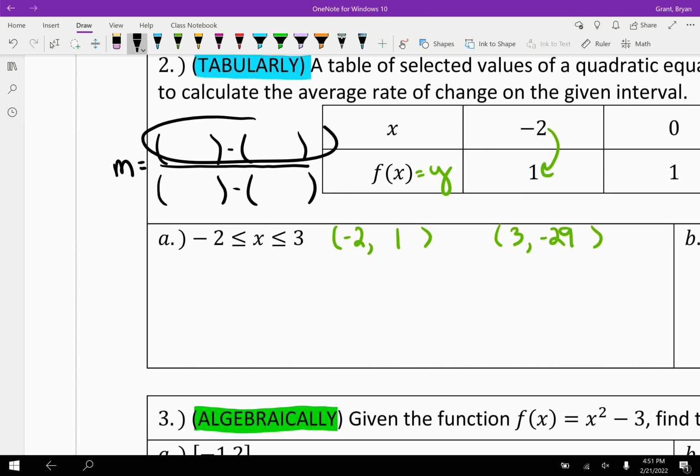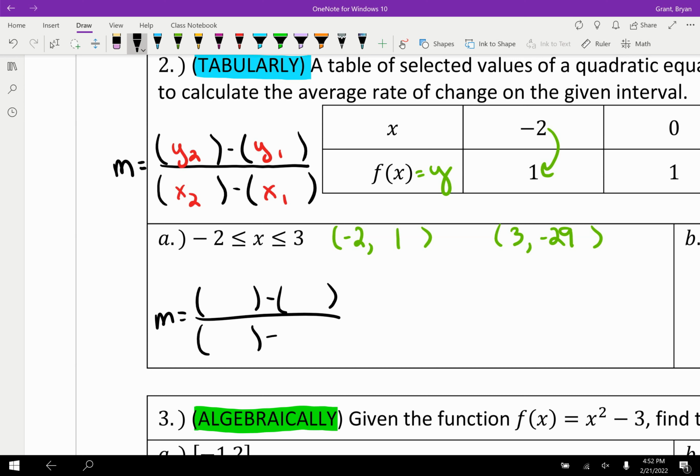The rise on the top, well, think about it, which axis rises up and down? That's the y-axis, so the rise is the y's. And then our formula went y sub 2 minus y sub 1. The run, the x-axis, runs side to side, and so we have our x's here. Okay, so then if we wanted to use this formula, which we do in order to find our average rate